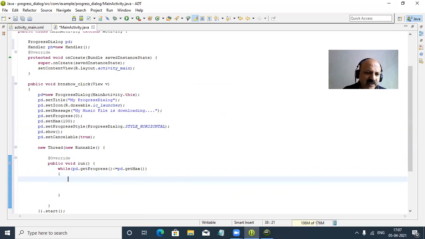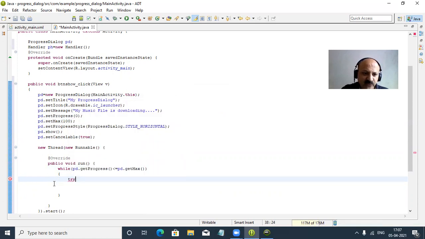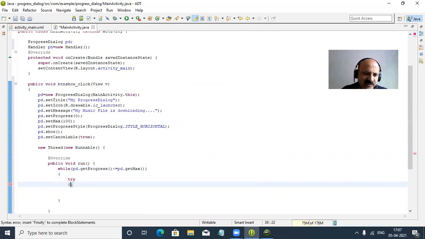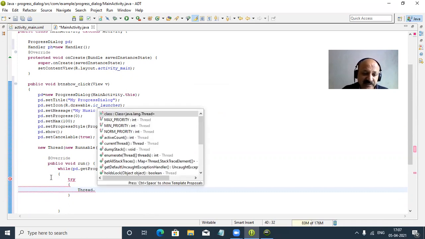So we can apply that. And now what to do? We can take a try-catch block. By default it does not appear, so we write it ourselves. First, add a sleep method.